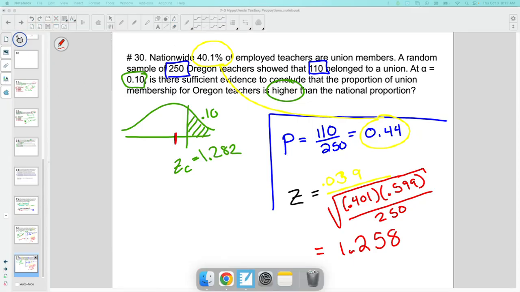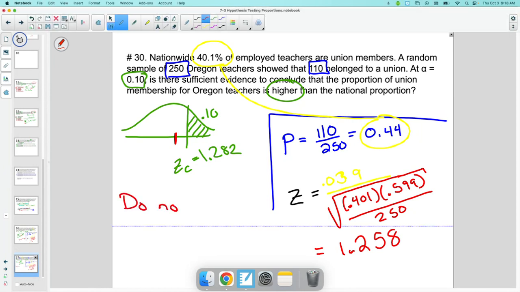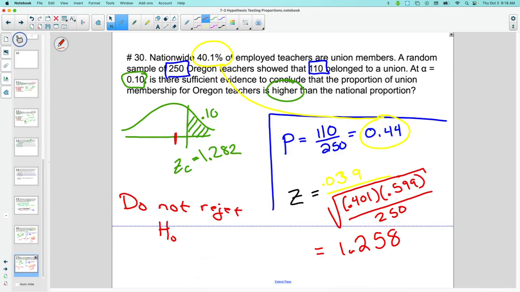Not actually bigger. So that red value, the one that we have, is not bigger, which means we do not reject the null hypothesis, which write out the word or put that H0. Doesn't seem to be different than that. I don't know really actually if it is, but I don't have enough evidence to say that it's any different than 40.1%. Does that make sense there? Okie dokie. So not too bad, it's just that computation and then our interpretation, we compare that. So not a whole lot that's hugely different on there, but